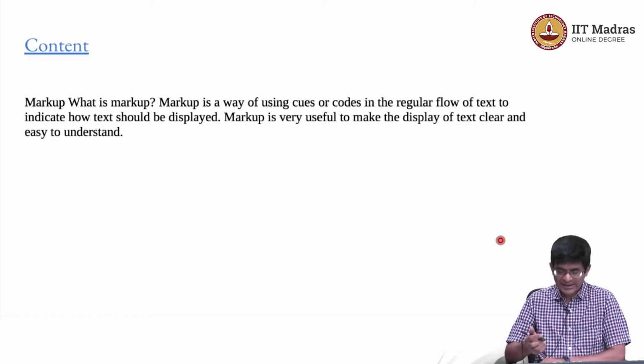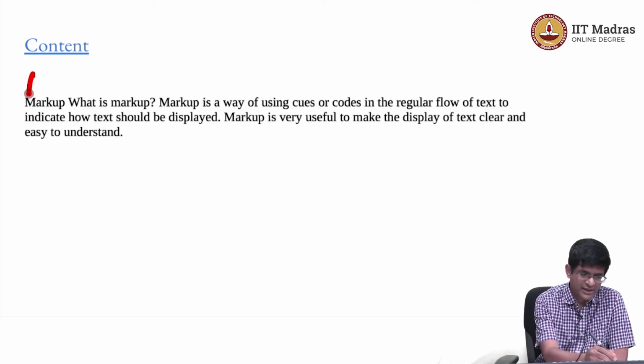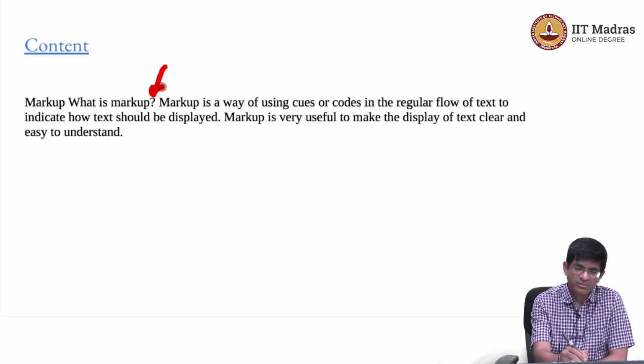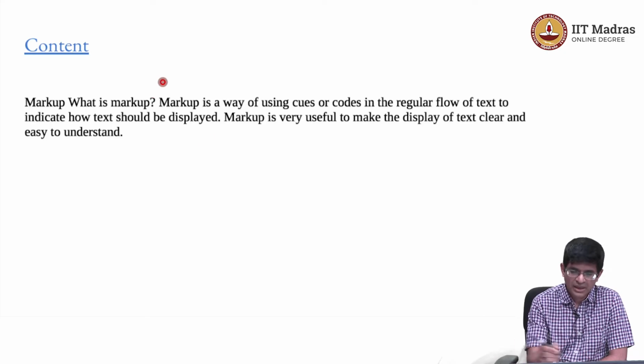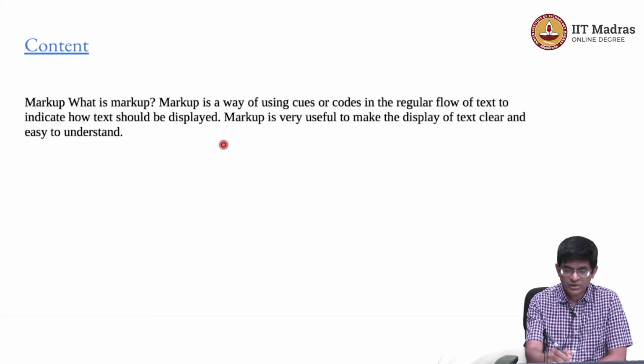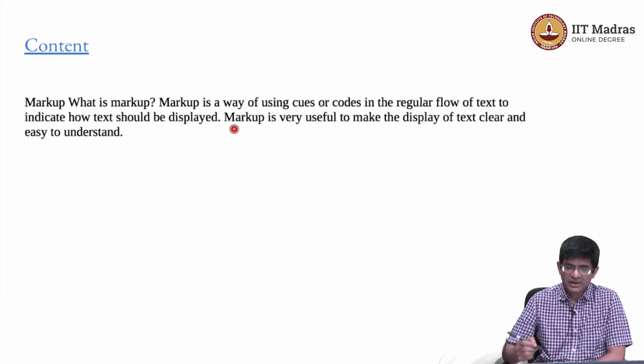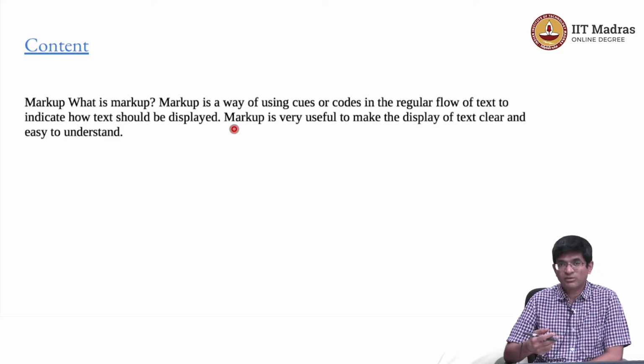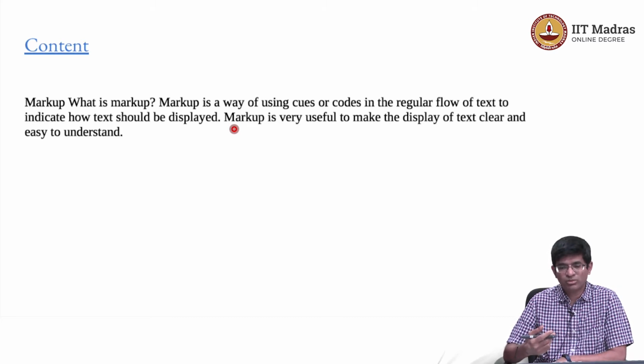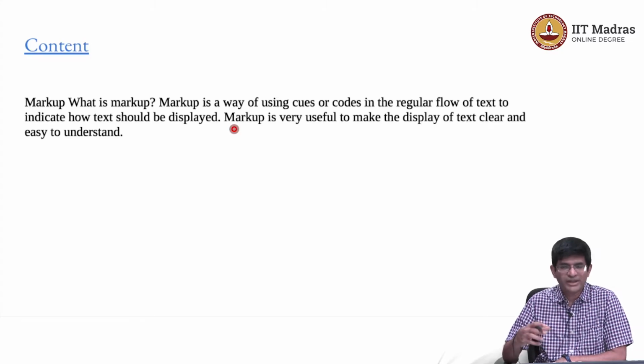Already over here you can see that there is some kind of markup. For example, I used a capital letter at the beginning of the sentence. I used a punctuation mark, a question mark. I use a full stop over here, right? All of these things, and after the full stop I have another capital letter. Now these things themselves are a form of markup, right? Why are they there? Because it makes it easier for humans to understand how to interpret